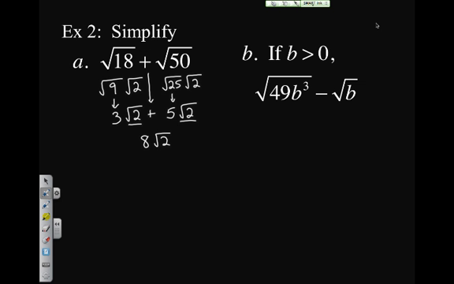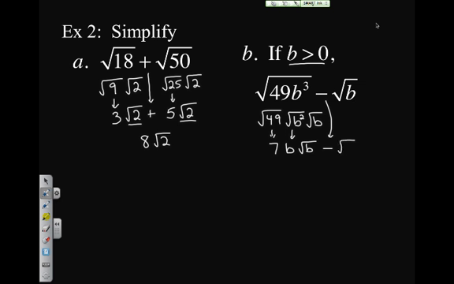The second one, b, first of all, we have to know that b is greater than 0 so that this is even possible. We break this up into the square root of 49 times the square root of b squared times the square root of b. Well, the square root of 49 is 7. Square root of b squared is b, because we know that b is greater than 0, so we don't have to worry about the absolute value. And then we have the square root of b